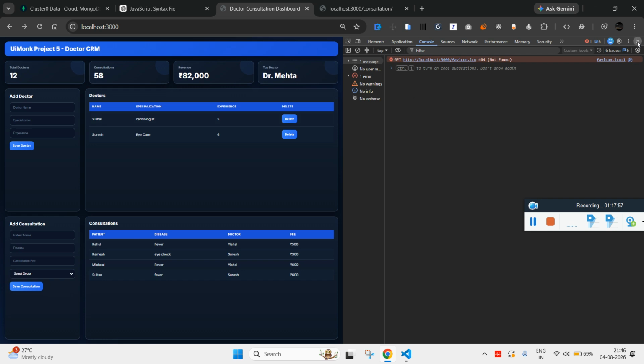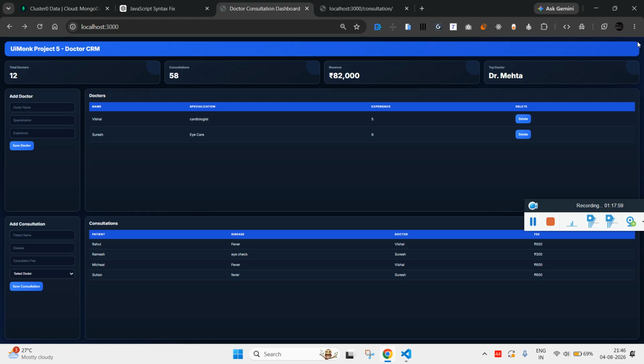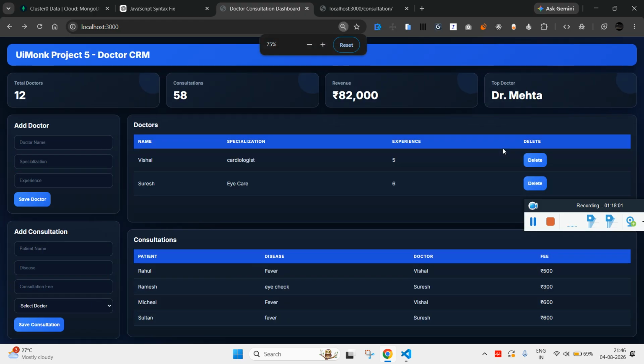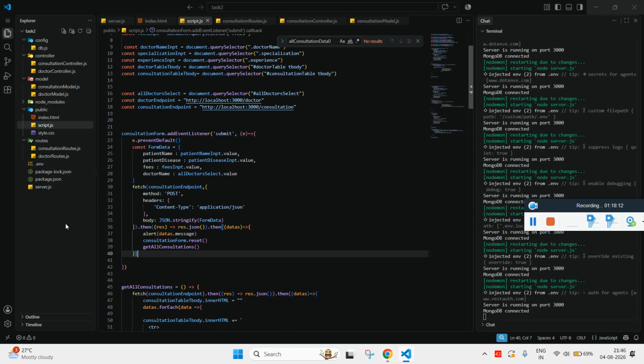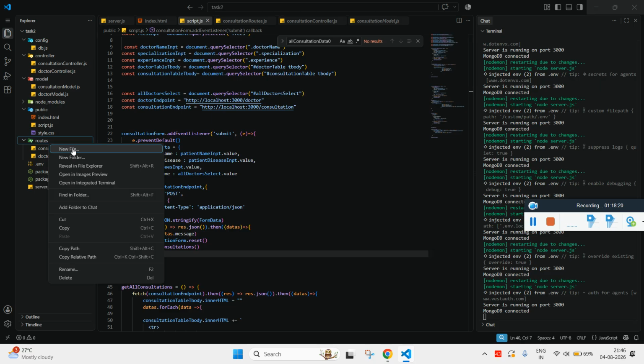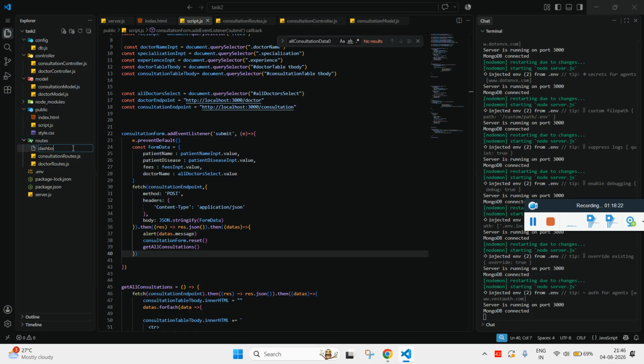So this is the second CRUD operation that we have completed. Now it's time to create another API for this dashboard. That's a little complicated. This is the place where we will be learning the query. In MongoDB we also call it a query, but we'll create a different data type. So we need to create routes again, and we will call it